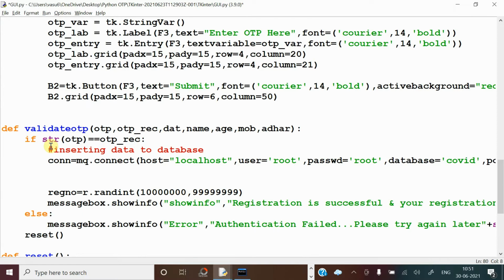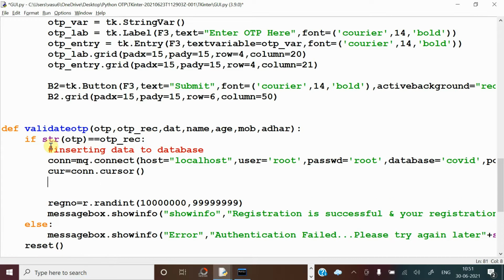Now after that, you have to create the cursor object. So cur equal to connection.cursor. Now after finishing this, you have to insert the data into the table.